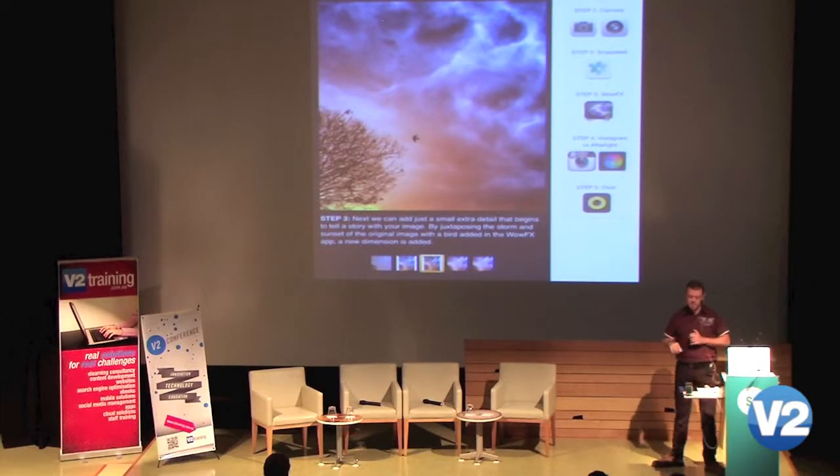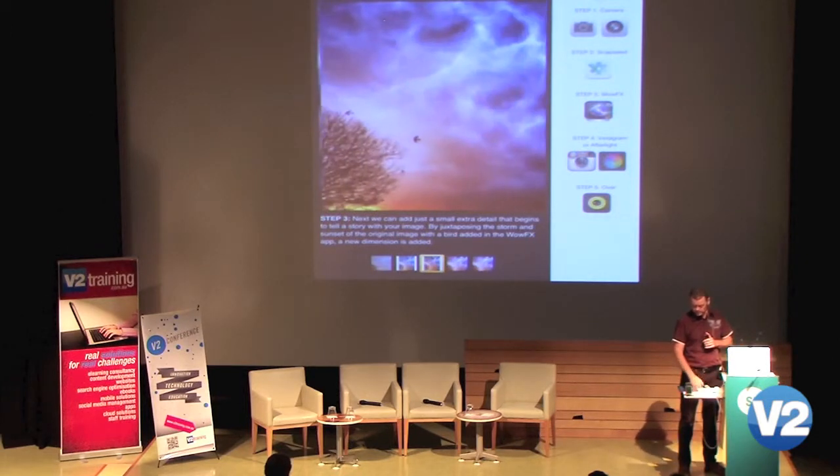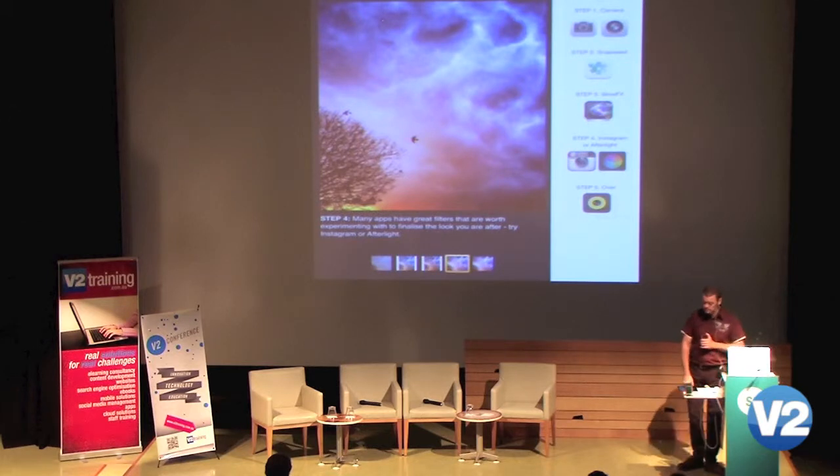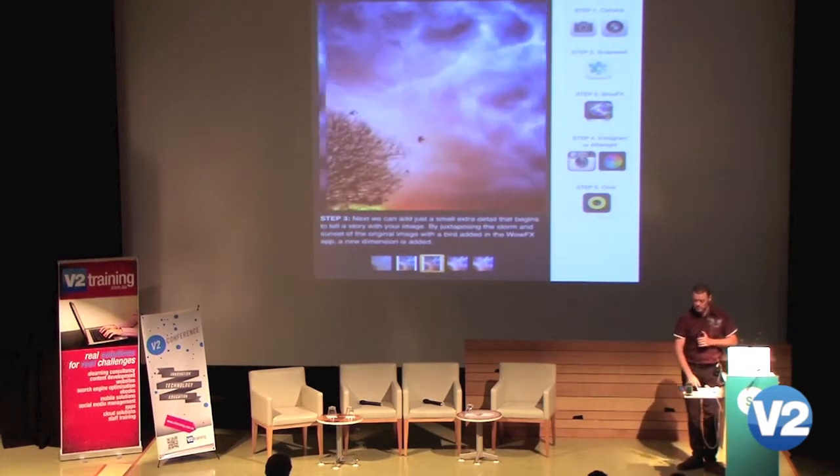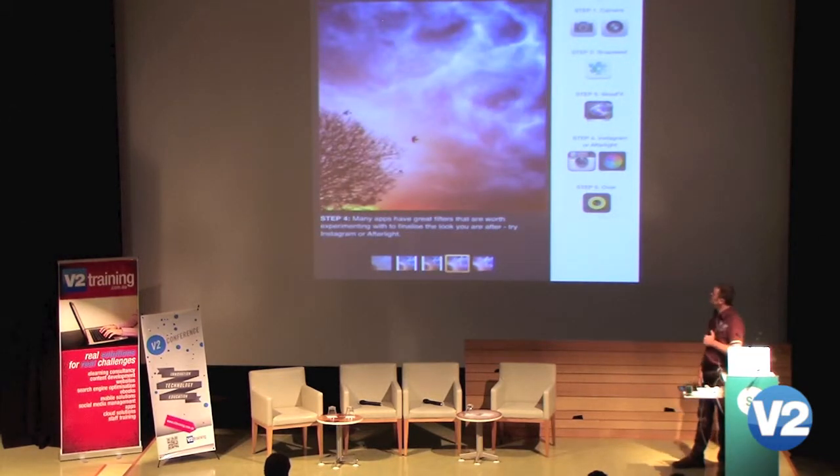So we're starting to get a little bit of a narrative in our image now, and that's just something that you can play around with in WowFX. All the different range of little add-ins that you can do, just to start to support what you're wanting your image to tell to your audience. Just a little bit more of a dramatic filter there, and sometimes you might just want to go straight to